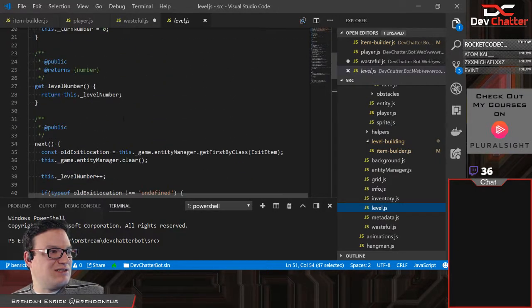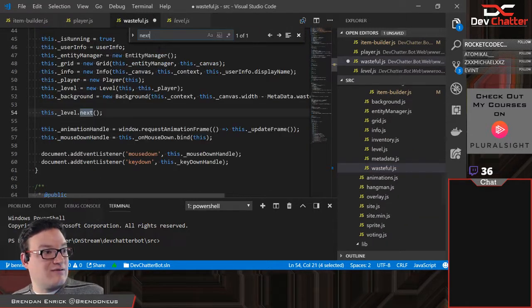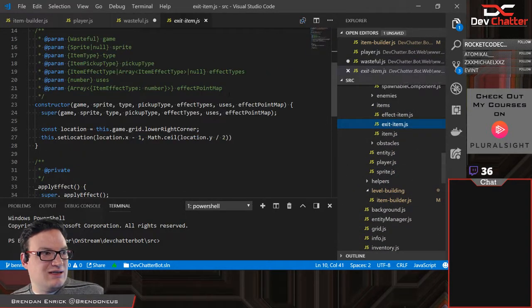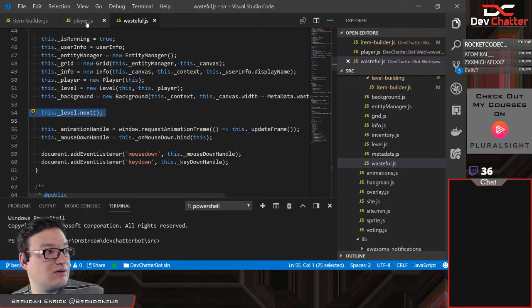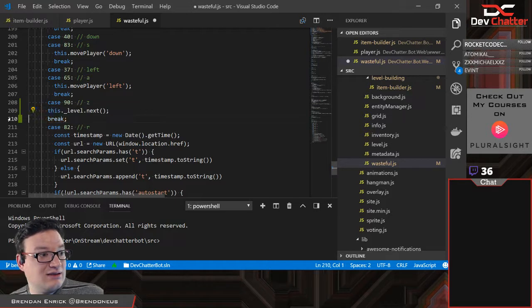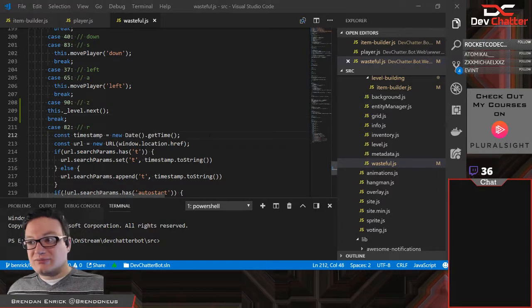I will not update. So I guess I could just call next. Exit item. Game level next. Yeah, okay. So here's what we're gonna do. We're gonna say, if I press that key, we're just going to jump to the next level. So in order to test this, I am going to...